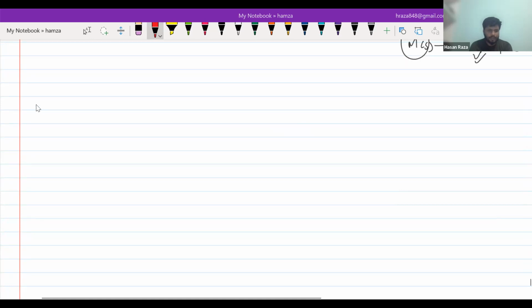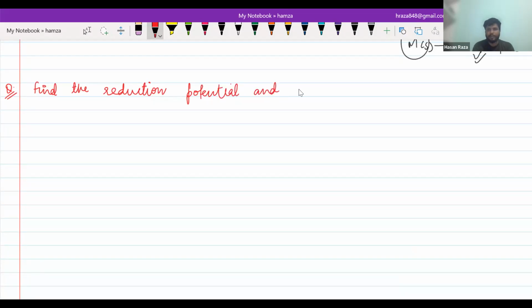Very good. Now see, I'm going to give you a question. Please try it. Find the reduction potential. Just don't jump on a reduction potential. You need to calculate according to your Nernst equation. E cell is equal to E naught cell minus 0.059 upon N into log product upon reactant. After calculating E cell, you can easily calculate a reduction potential. So see, find the reduction potential and oxidation potential